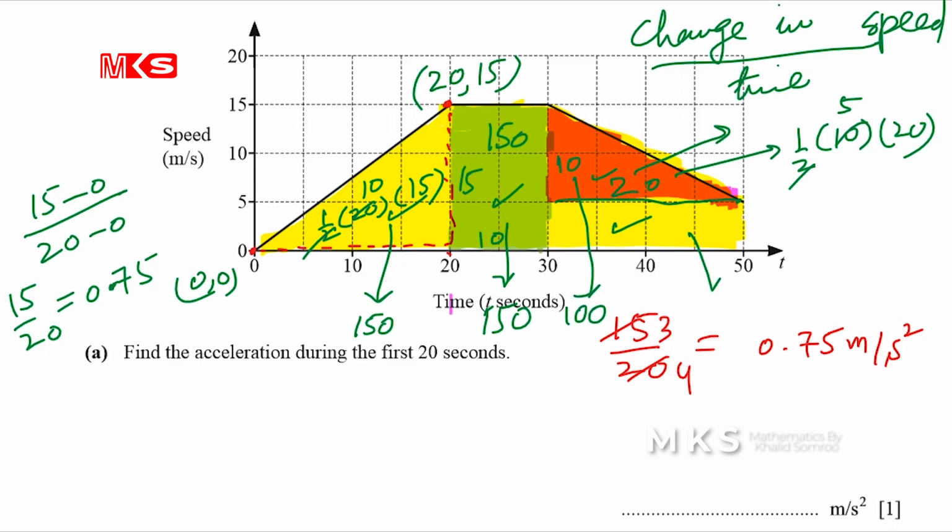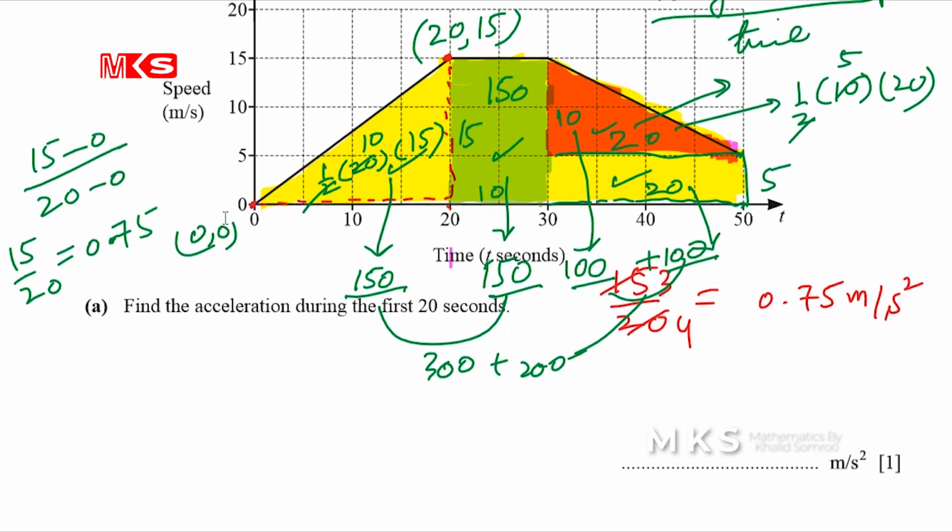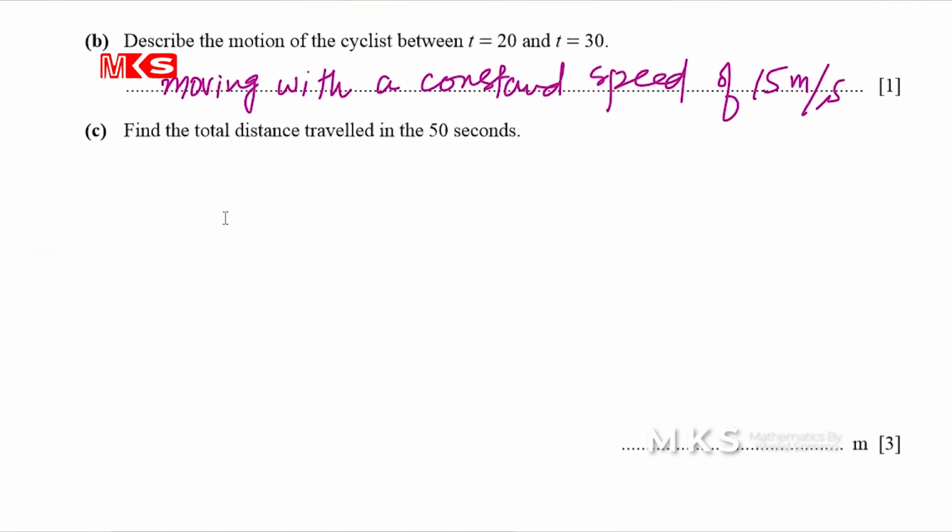In this rectangle, the length from 30 to 50 is 20 and the height is 5. So 20 times 5 is 100. So the total distance will be 150 plus 150 plus 100 plus 100. So 300 plus 200. So the total distance covered in 50 seconds is 500